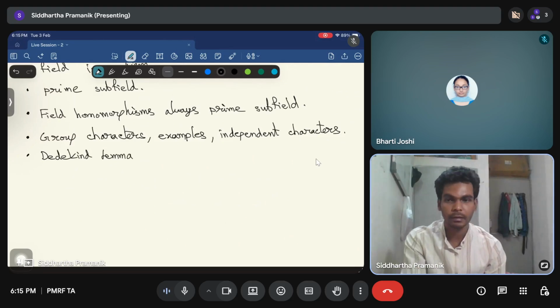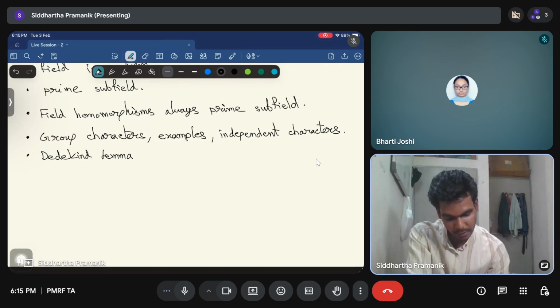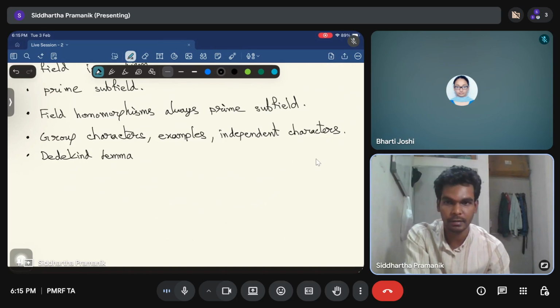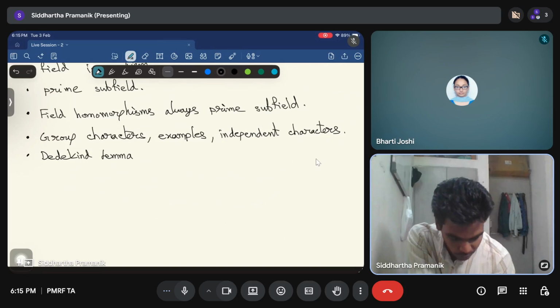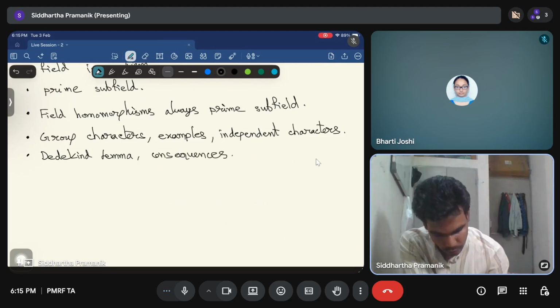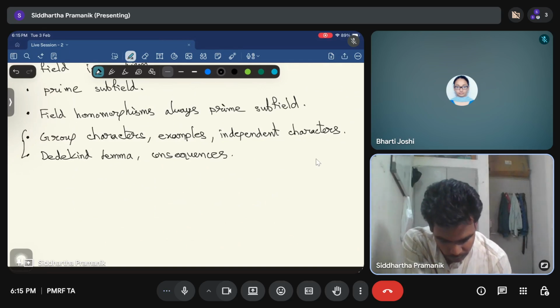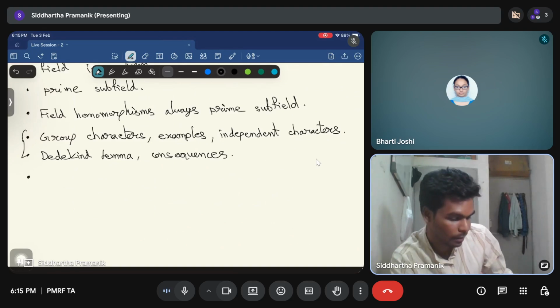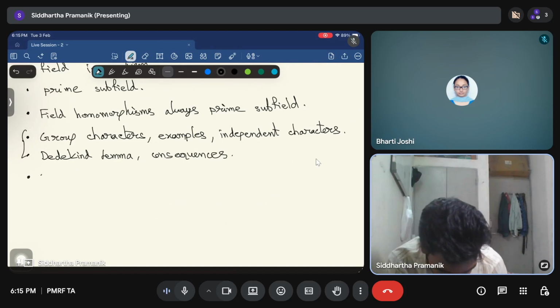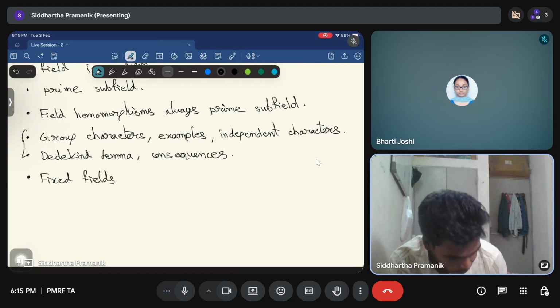So Dedekind's lemma is basically that if you have distinct characters, then those distinct characters have to be independent. And we have seen some consequences that we are going to use mainly. So this is the third lecture. Then we come to the main thing, fixed fields and Galois groups. So we have defined fixed fields. We have seen several examples,